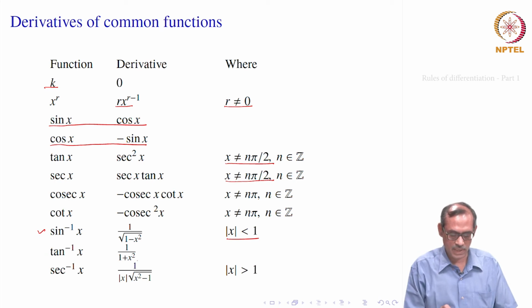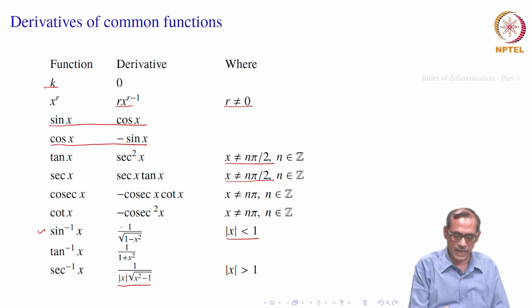Similarly, if you take tan inverse x, its derivative is 1 divided by 1 plus x square for every x. And secant inverse x, its derivative is 1 divided by mod x into square root of x square minus 1. So, when you go to cos inverse x, it will be having a negative sign, because cos inverse x equal to pi by 2 minus sin inverse x. So, 1 minus sign will come, pi by 2 derivative is 0. Similarly, if you take cot inverse x, there will be a minus sign here. Cosec inverse x derivative, there will be a minus sign here. Okay. This is for mod x bigger than 1.